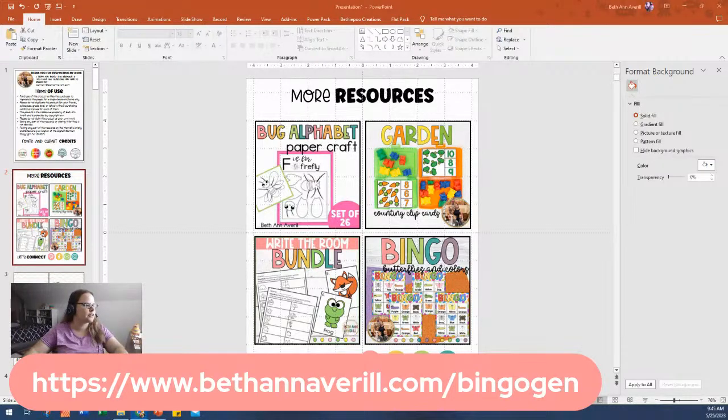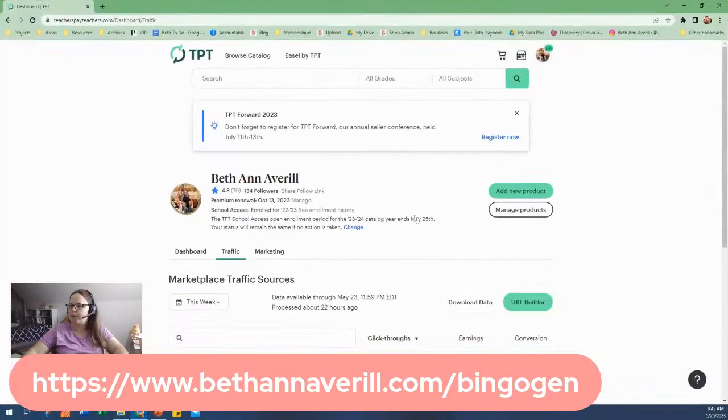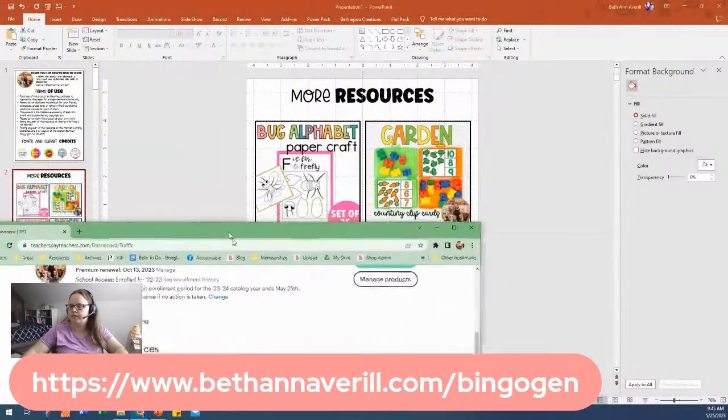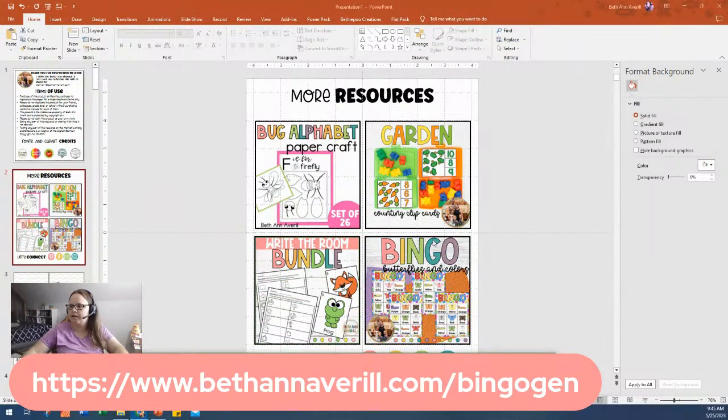Let's see. Okay, so I can show you this now. What I like to do every time I create a new product, I have this thing here that's like more resources you might like, and it has all these different things, right? So all these different resources. So I like to change these to be relevant to what